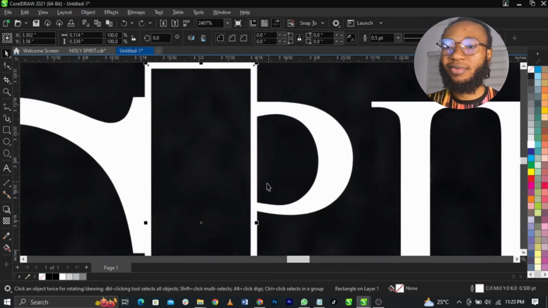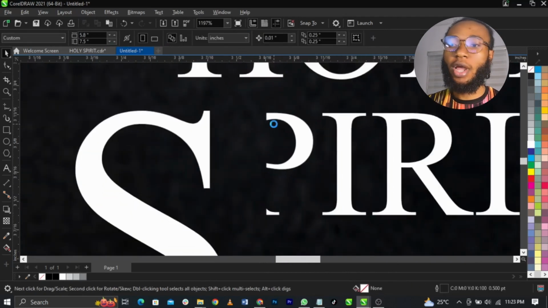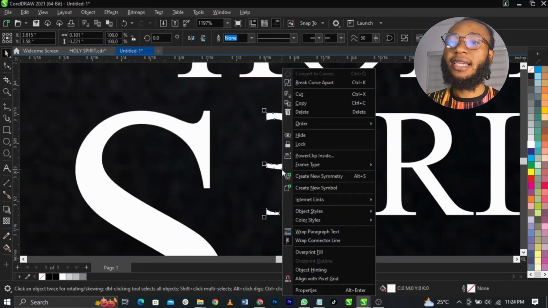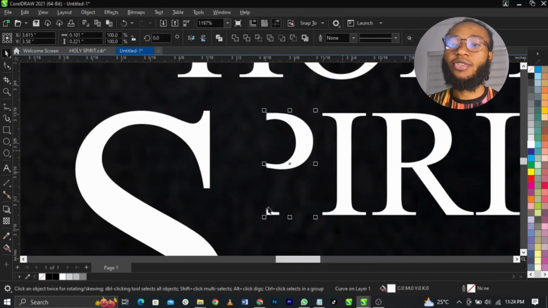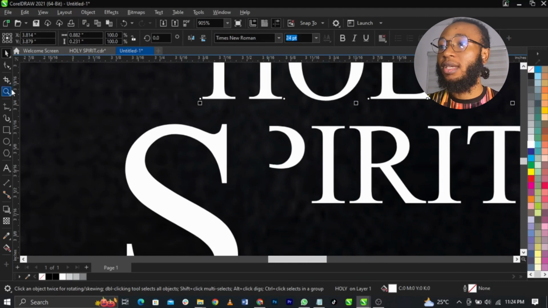We've not even trimmed it. You have not even seen anything. Trim it very well, and it will have one big hole here. This is the hole, guys. So right click and select Break Curve Apart so we can delete this one. Once we delete that one, all right,